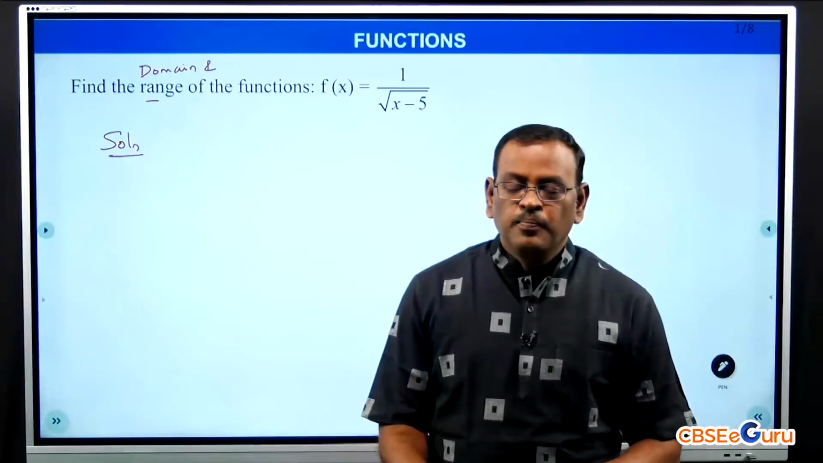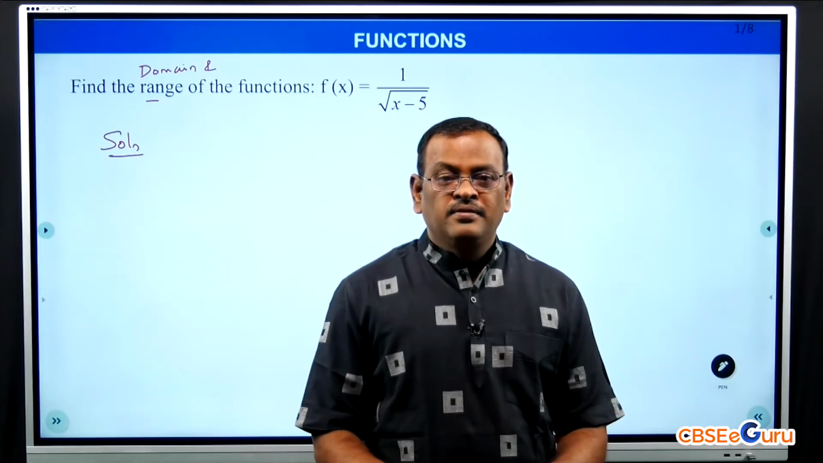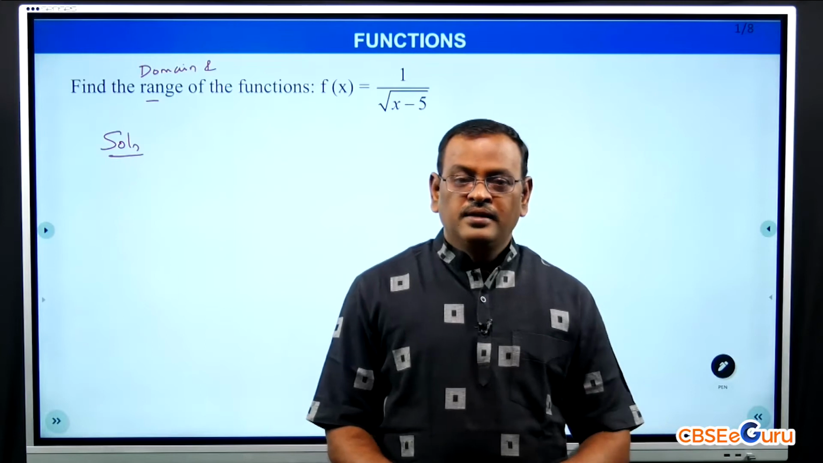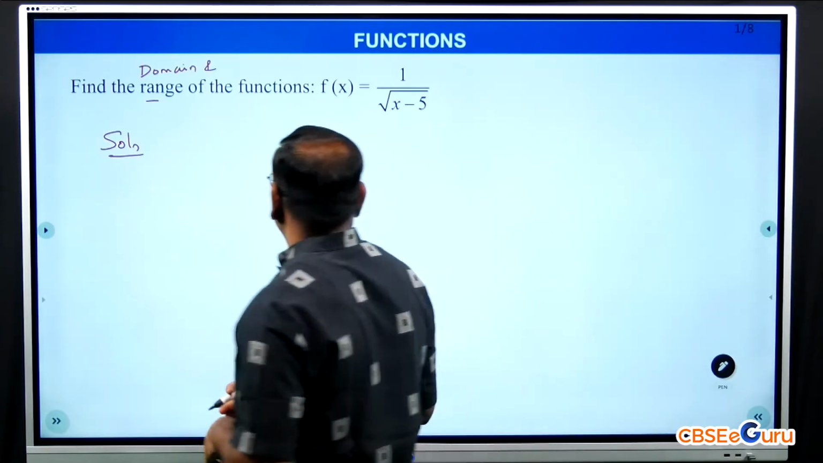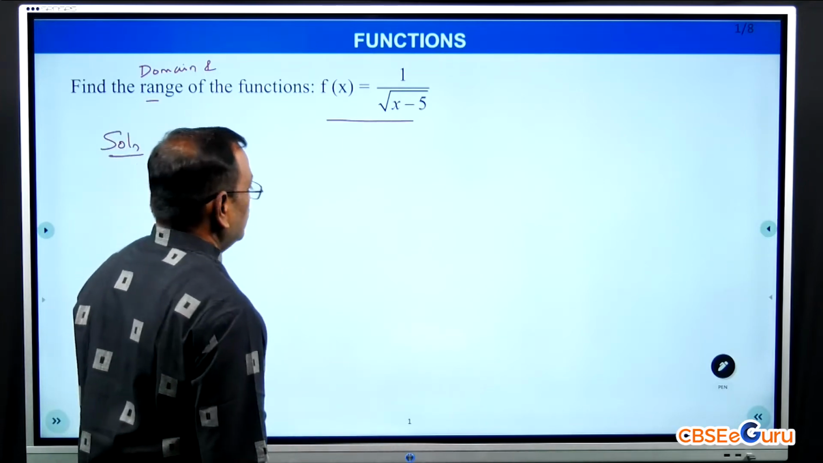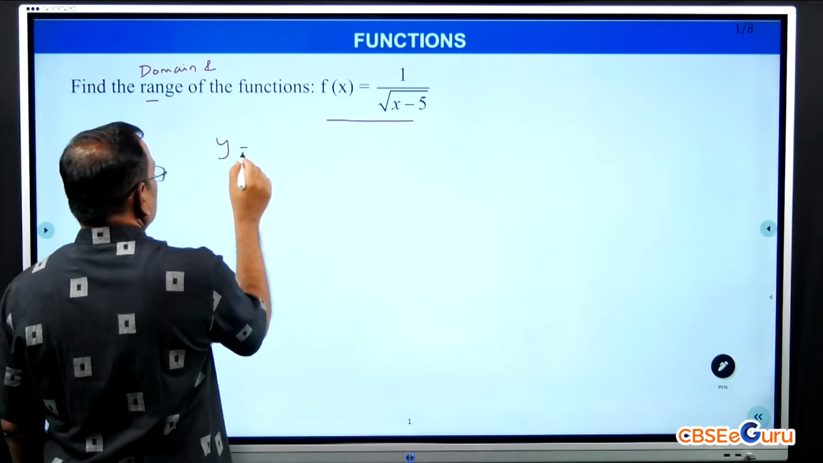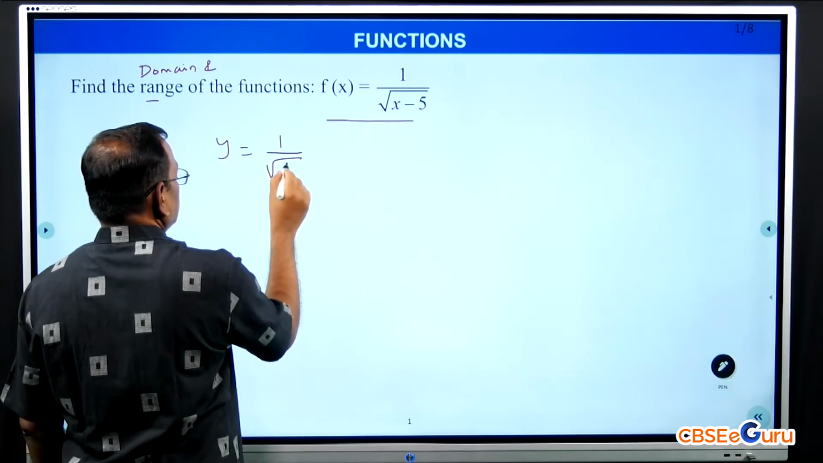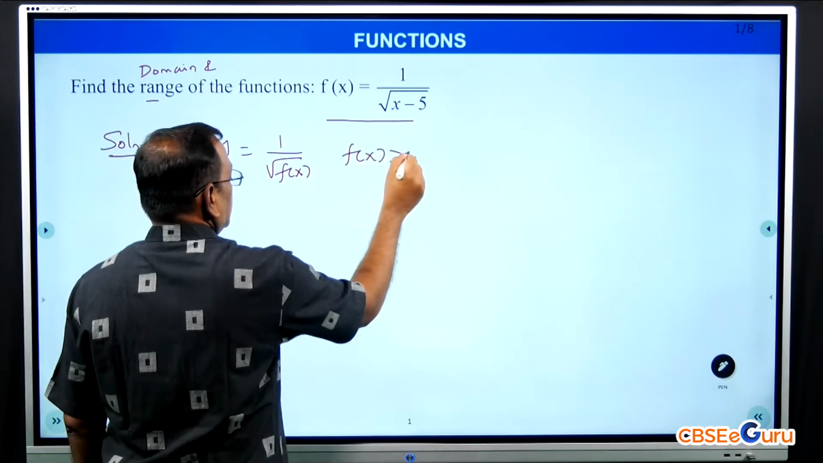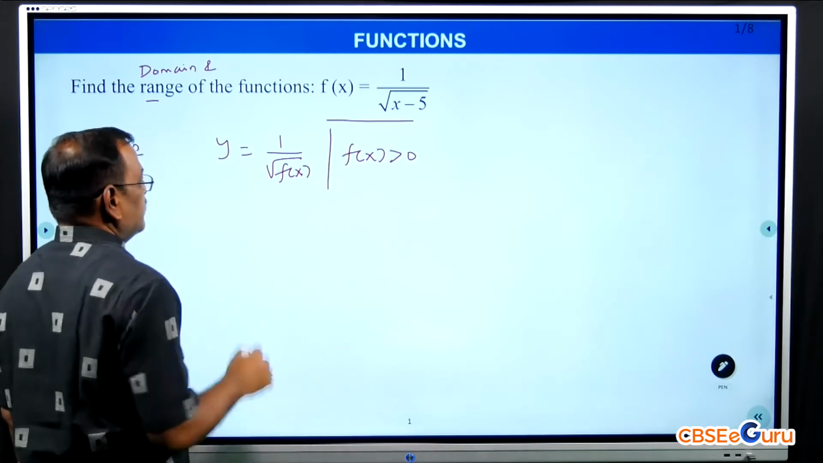Hello students, now I will teach how to find the domain and range of an expression which has an irrational in the denominator. The given function is f of x equal to 1 by root of x minus 5. We have a concept for this. If the function is like this, the condition is f of x is strictly greater than 0. If you apply this condition,